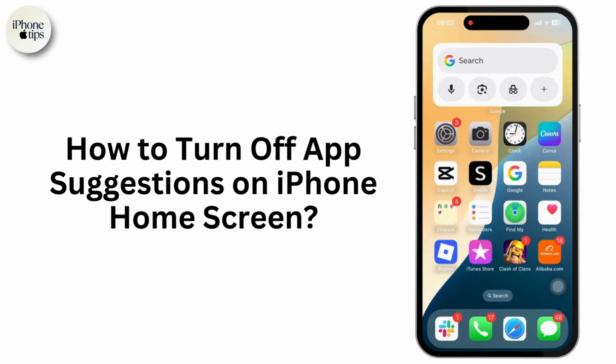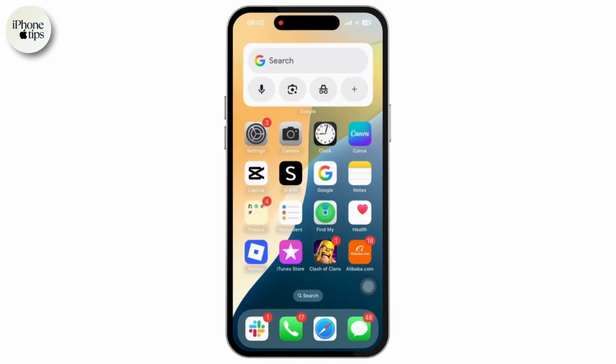How to turn off app suggestions on iPhone home screen. So let's get started with the tutorial. There are the little app icons that iOS shows on the dock or in the search screen based on a